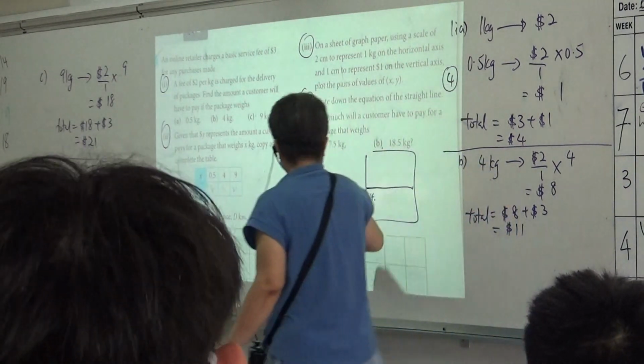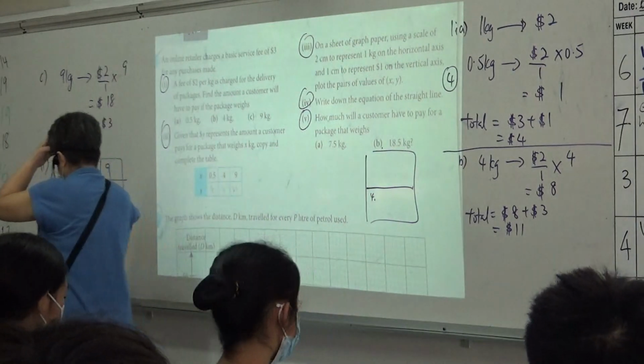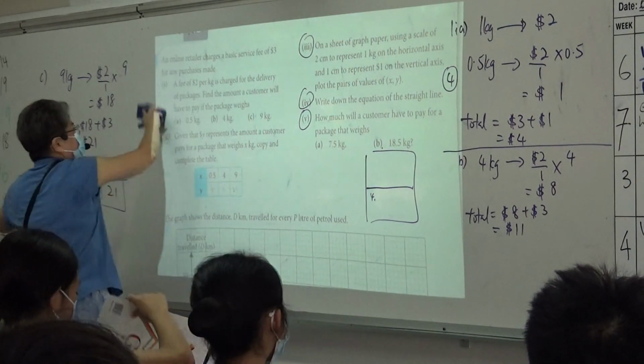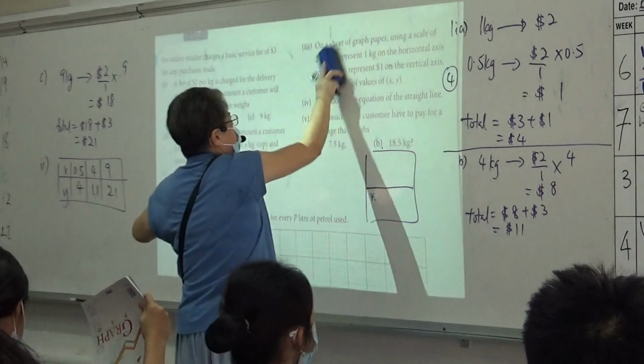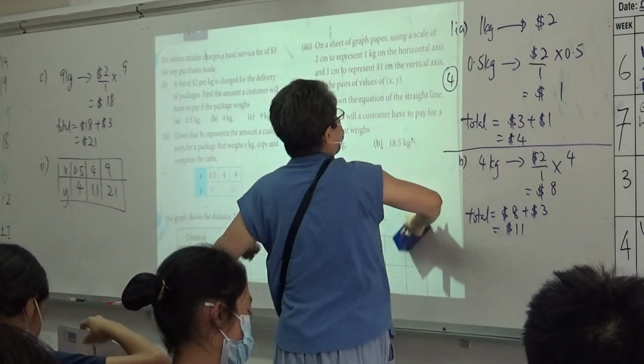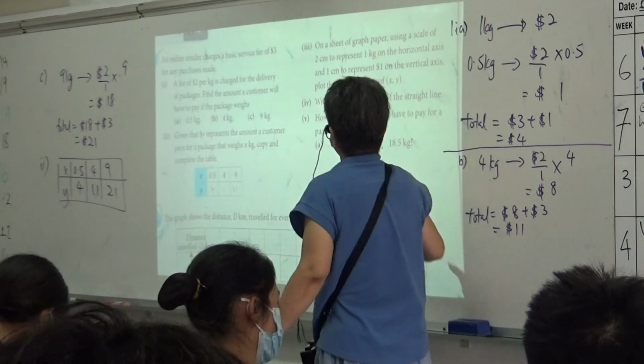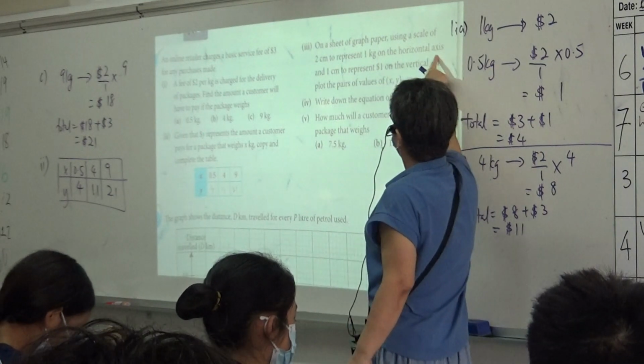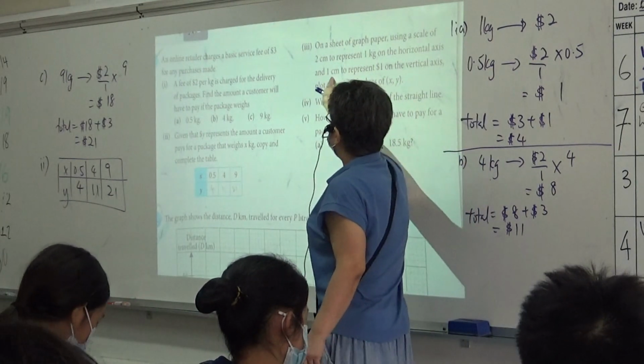Okay, now let's take a look at part 3. What did they say? I'm going to show you. On a sheet of graph paper, using a scale of 2 cm to represent 1 kilogram on the horizontal axis, and 1 cm to represent 1